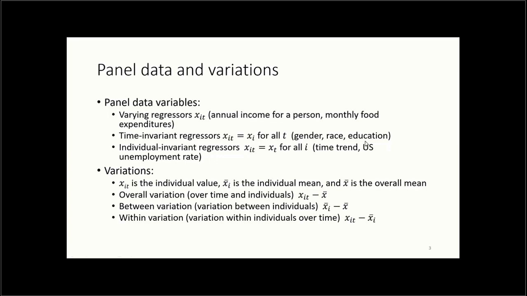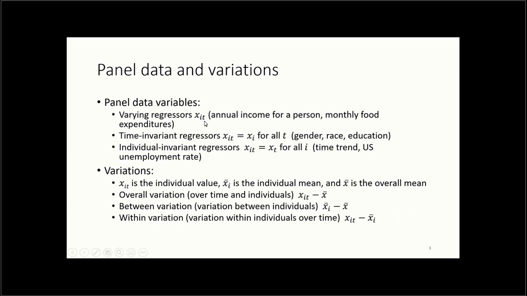So when we have panel data, it's because we have panel data variables. So we would distinguish between three types of panel data variables. The first type is the varying regressors, x_it. And examples could be annual income for a person, monthly food expenditures. Here we have the variable and then i and t, which means that this variable varies for the individual and